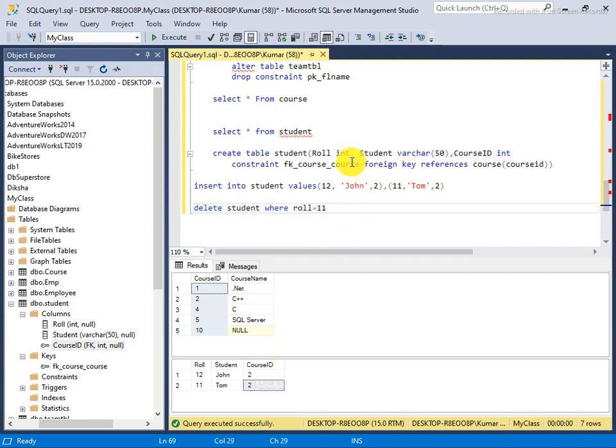So this is the same way. If you forget to create a foreign key initially, at the time of table creation, later you can do the same way, adding a constraint by altering the table. Do I need to explain or shall I go to the next? Yeah, here you can assign multiple columns.